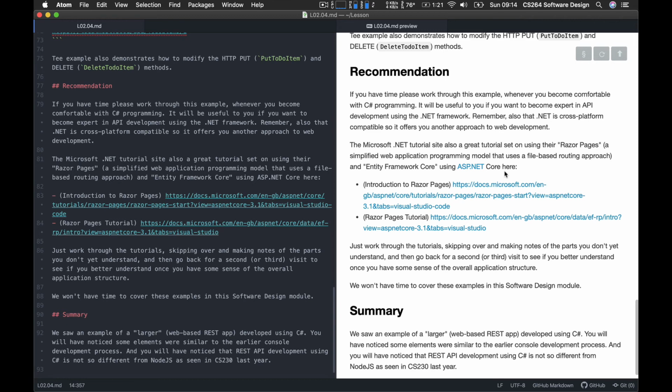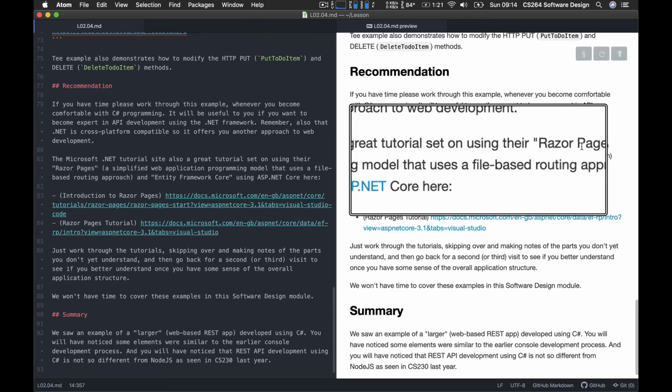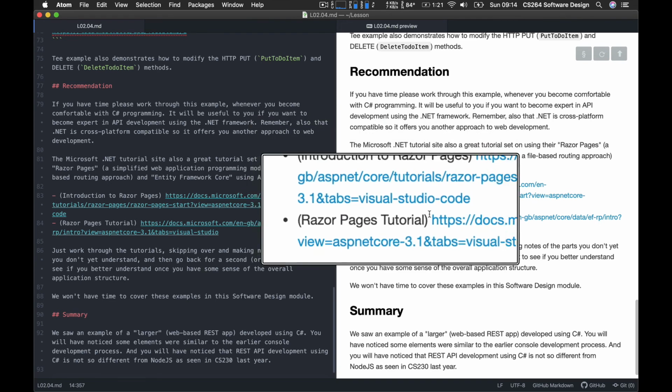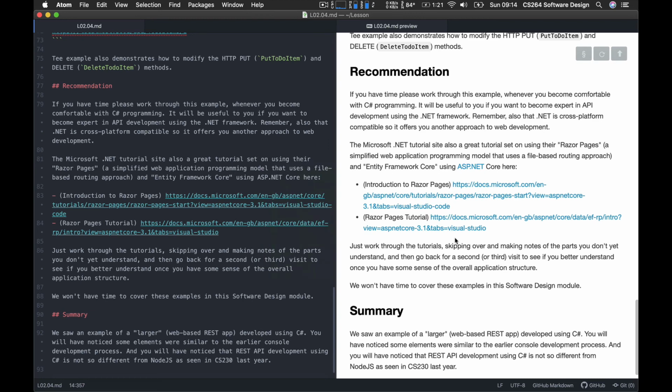So the tutorial is great. It's a great site, and it also offers you some examples on how to use Razor Pages. And that's a simplified web application programming model that uses a file-based routing approach, and it also uses the Entity Framework Core with ASP.NET. So you could try that. Have a look at the introduction to Razor Pages. Have a look into the full Razor Pages tutorial,